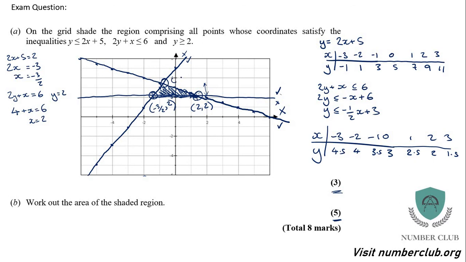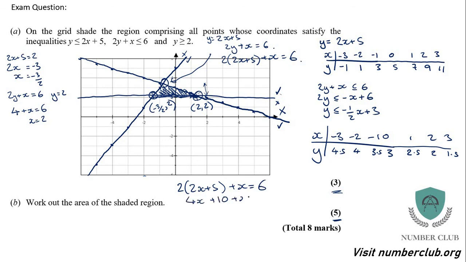And we need to find out the intersection point here as well. Now the intersection point here is going to come from these two things being equal to each other. So if y is equal to 2x plus 5, but also 2y plus x is going to equal 6. So we've got 2 lots of 2x plus 5 plus x equals 6. I'll move it down here just so we've got a bit more space. 2 lots of 2x plus 5 plus x equals 6. That'll be 4x plus 10 plus x equals 6. We've got 5x equals -4, x equals